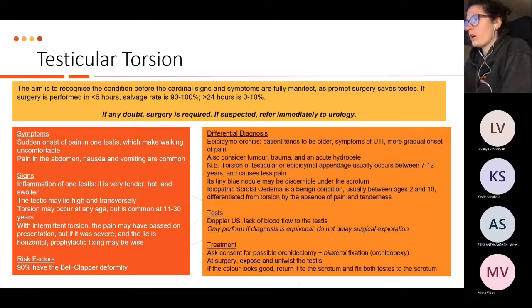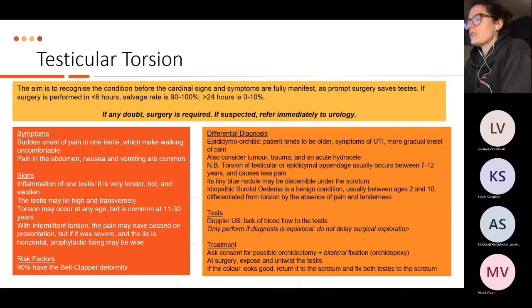there's any reason why you should suspect something else, such as cancer or infection or something else, basically, because ideally you just go straight in and operate if it was a testicular torsion, but obviously if it's a tumor, for example, you don't want to do a scrotal incision. So you need to be quite sure.